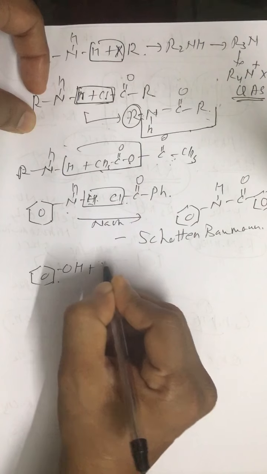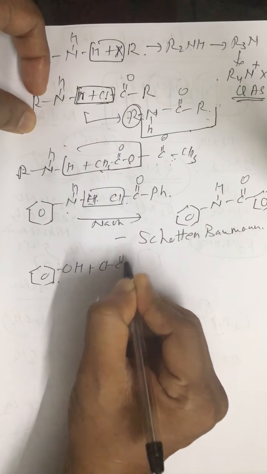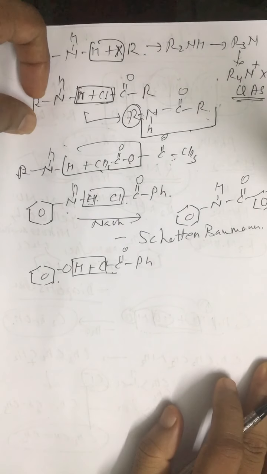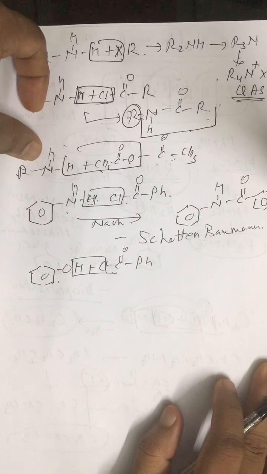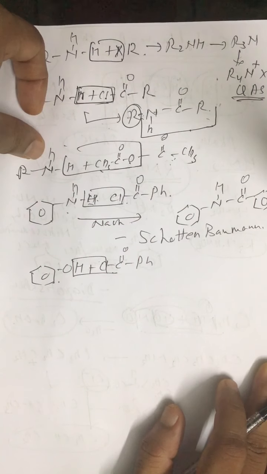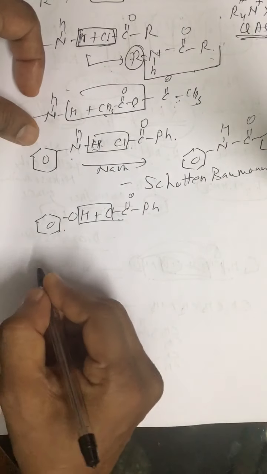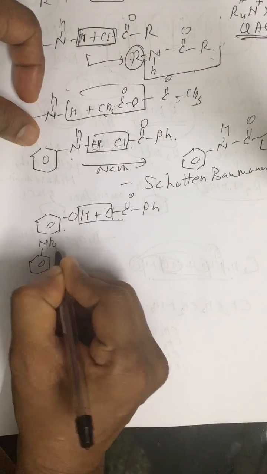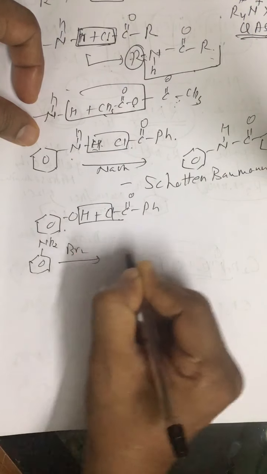When phenol is treated with benzoyl chloride, we get phenyl benzoate. This is also called the Schotten-Baumann reaction. So benzoylation of phenol or aniline is called the Schotten-Baumann reaction. When aniline is treated with bromine, we get